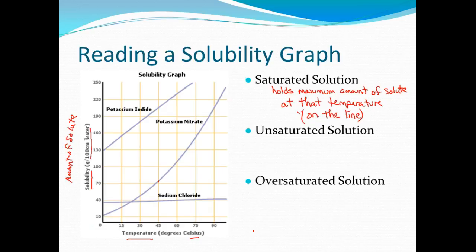An unsaturated solution would be not holding the maximum amount. So any point under the line would be considered an unsaturated solution. An oversaturated solution is unique. What happens here is we're holding the maximum amount,